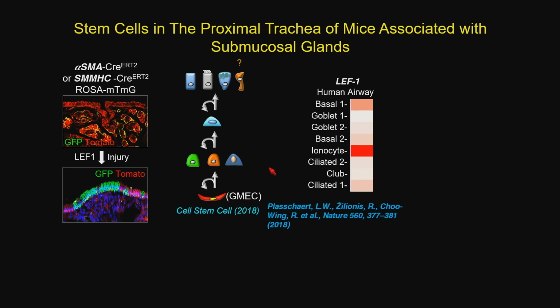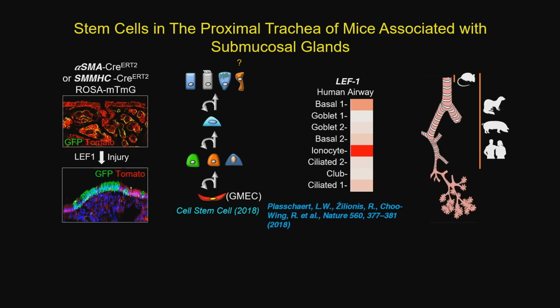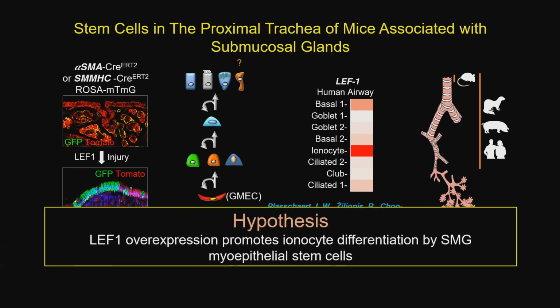Interestingly, lymphoid enhancer binding factor 1 is also enriched in ionocytes. Additionally, it has been noticed that both ionocytes and submucosal glands share the same anatomical distribution across species. While you can find them mainly in the proximal trachea of the mouse, you can find them across the cartilaginous airways of other species like ferrets and pigs. All of the above led us to hypothesize that LEF1 overexpression will promote ionocyte differentiation by glandular myoepithelial stem cells. To tackle this question, we went ahead and used